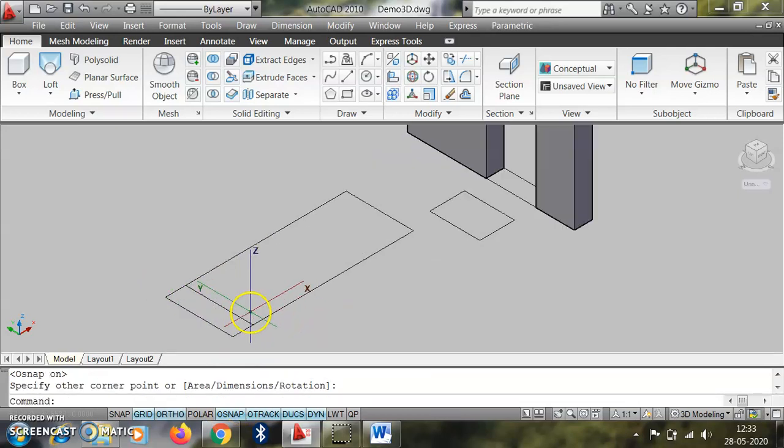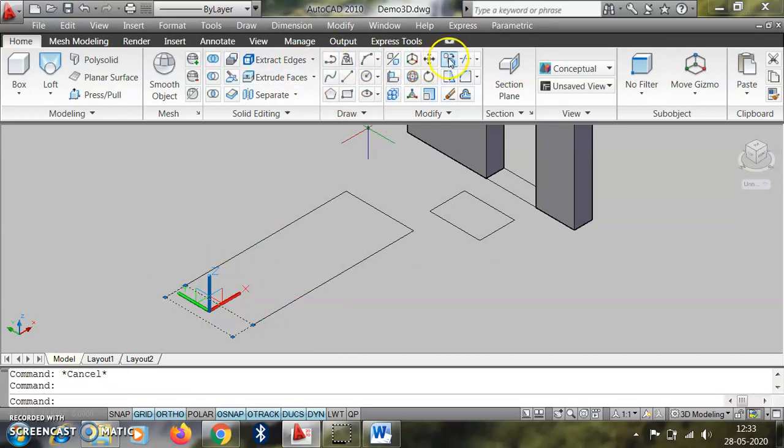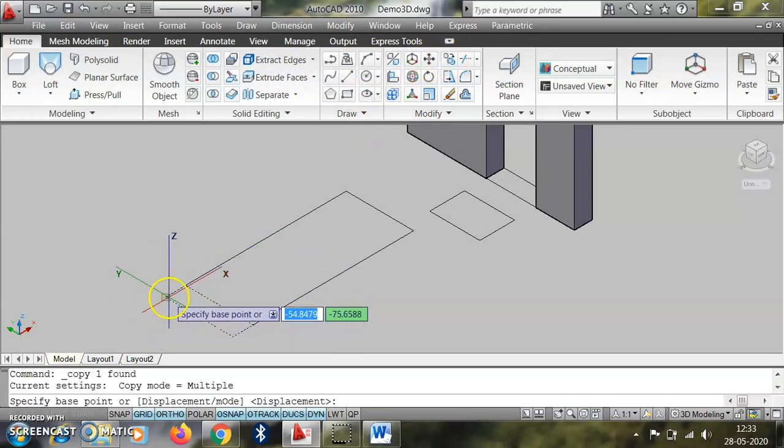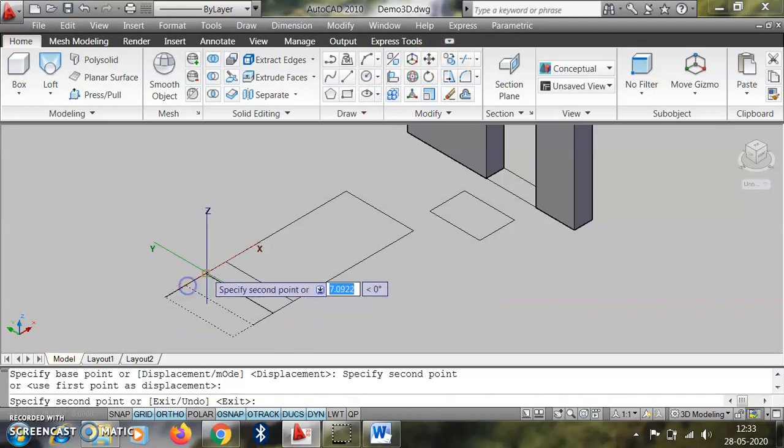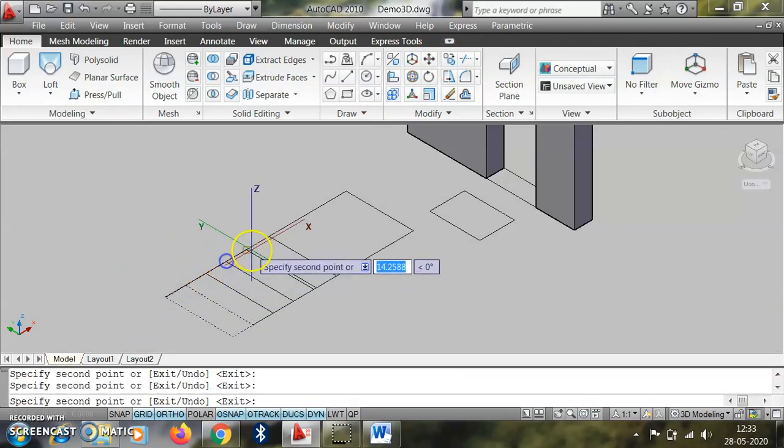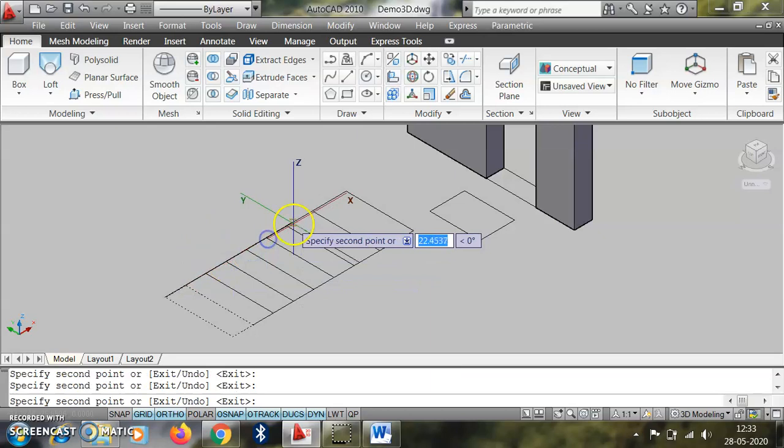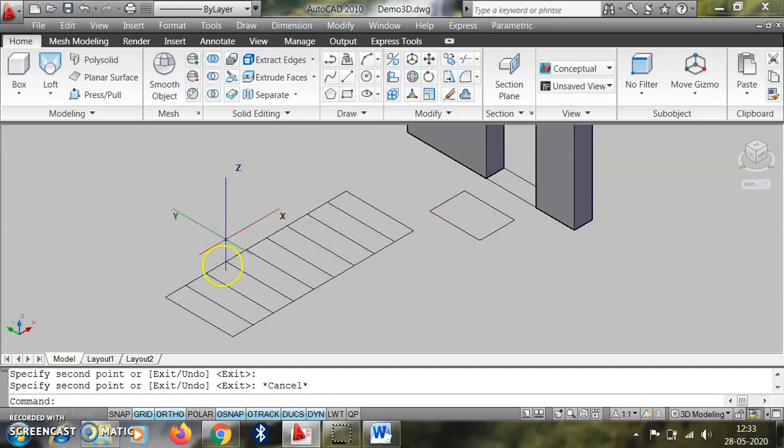Then suppose we copy all these objects from this point to this point, here to here, here to here, and so on. So in this way we can draw this object, and suppose this is our landing.